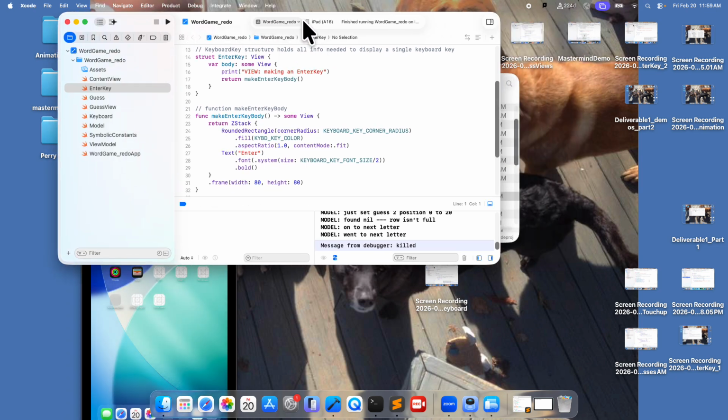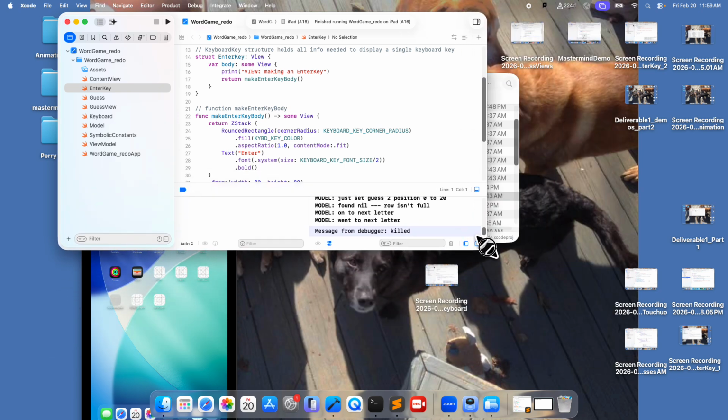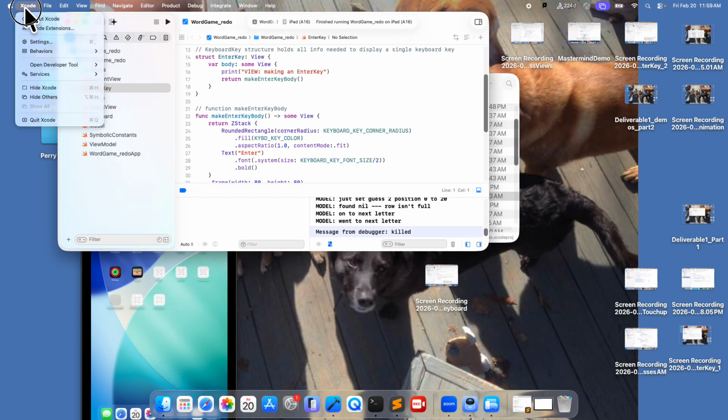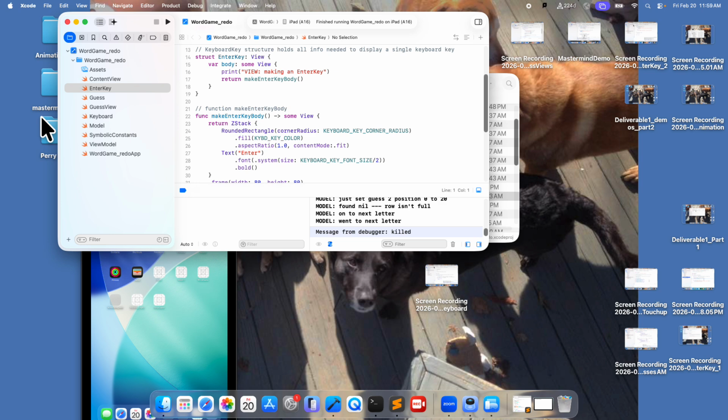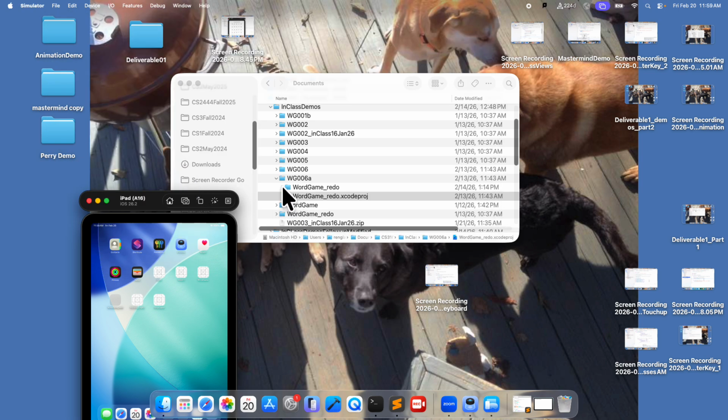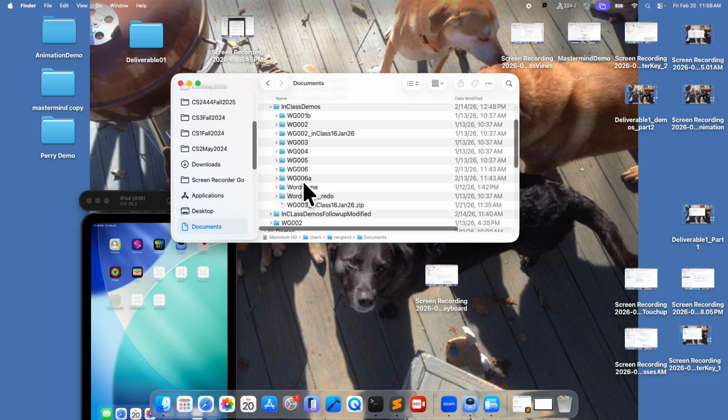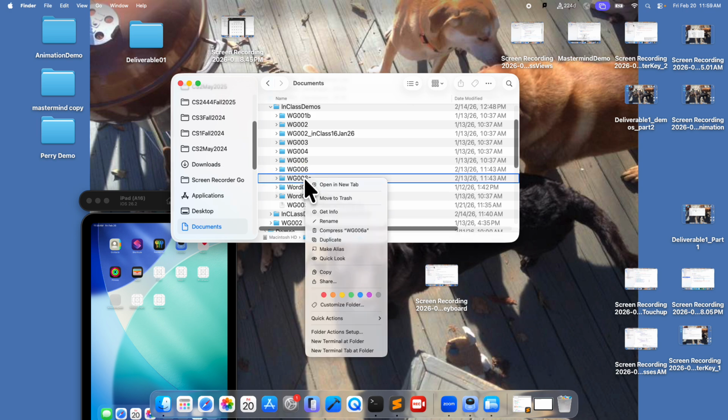This is gonna have to get bigger. Oh, well, it doesn't yet. Xcode, quit Xcode. So now, it's my turn, and I have to turn Word Game 006A into a new version that incorporates a backspace key. So I'm going to start by